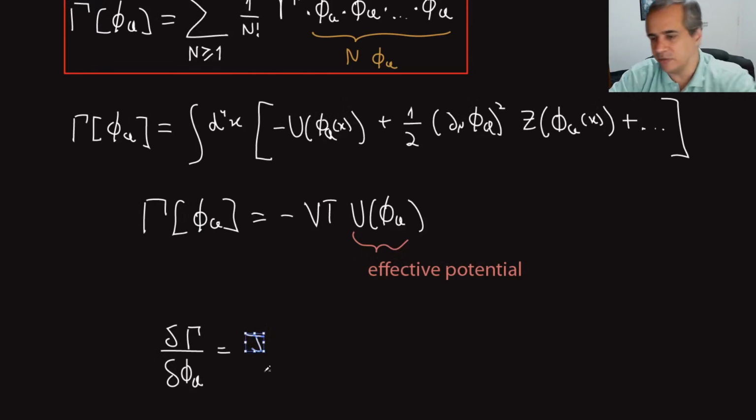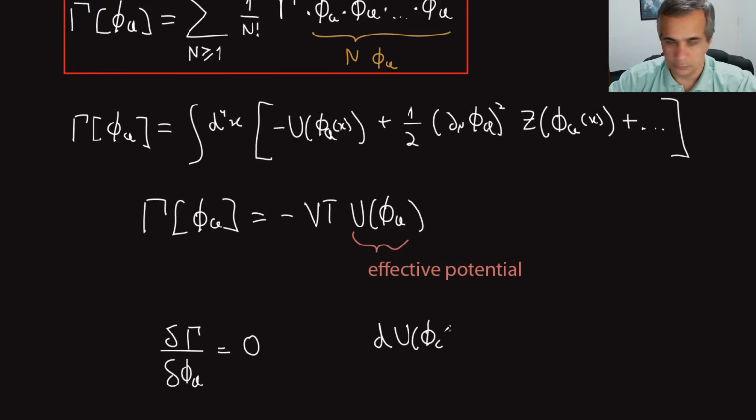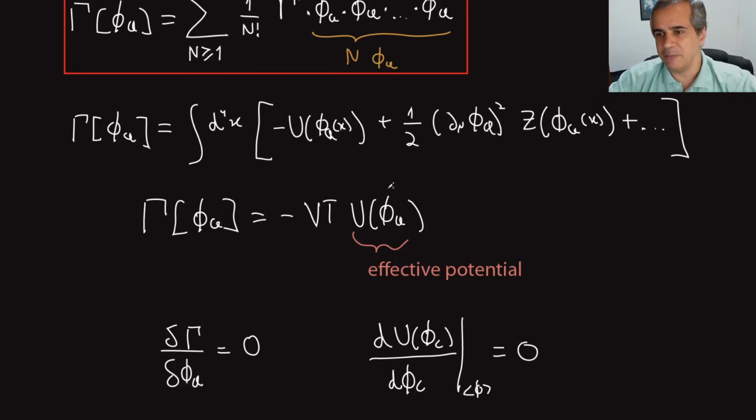If there is no source, this condition quickly simplifies to this one, when calculating the field in the vacuum, equal to 0, showing me that minimizing or extremizing this potential will give me the value of the field,